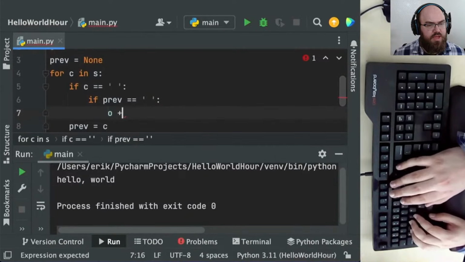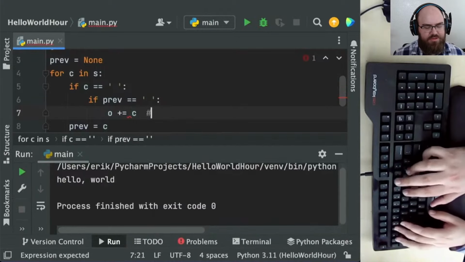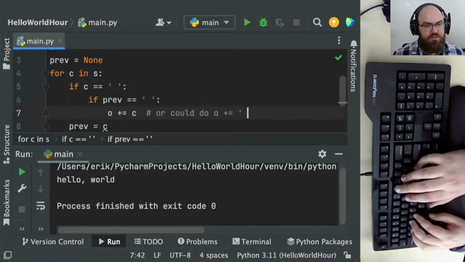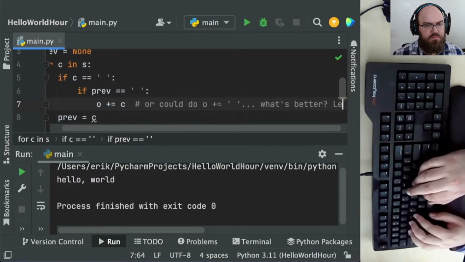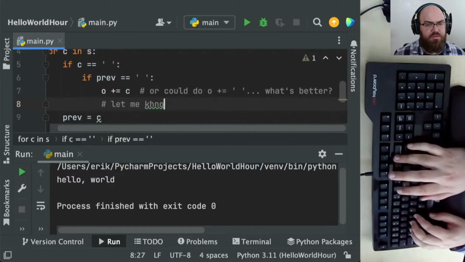O equals empty string? Oh, O for output. It's like, what? Or could do O plus equals space.